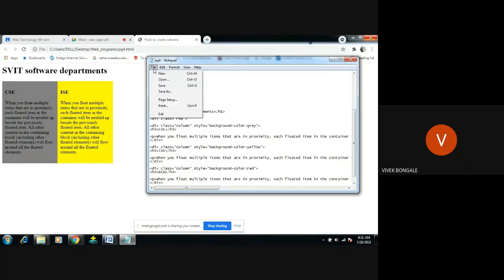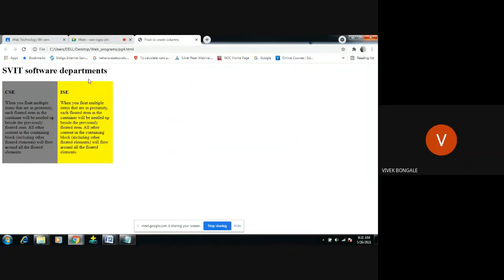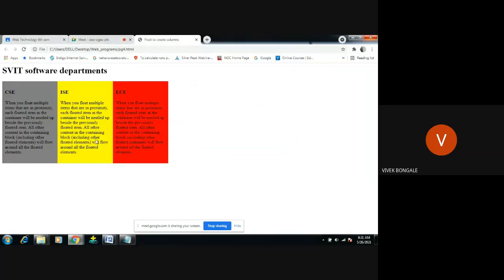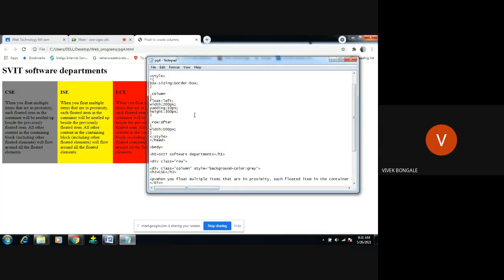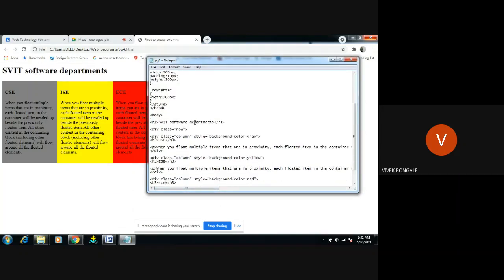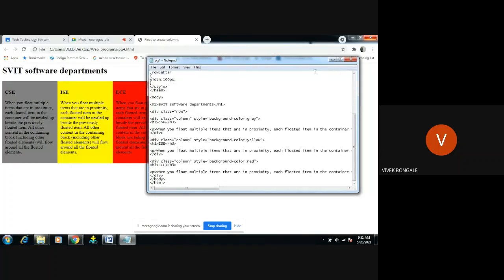Again we should create one more column, side by side. Yes, this is how we're going to create the columns, by using float. By using float we can create these columns.